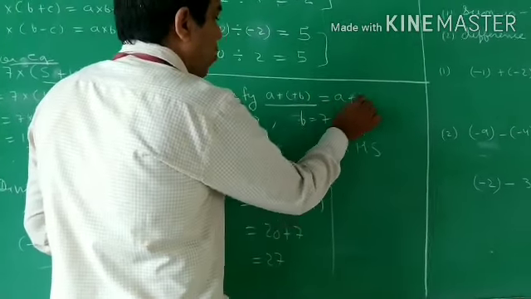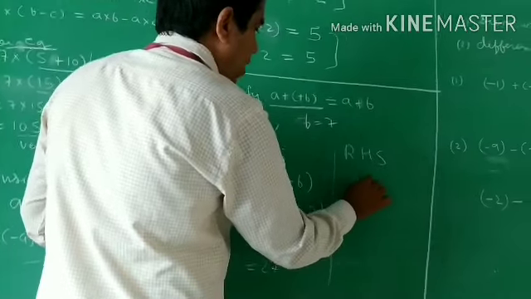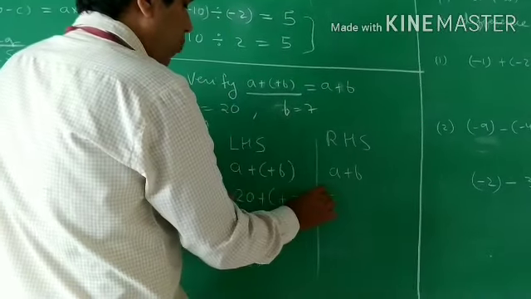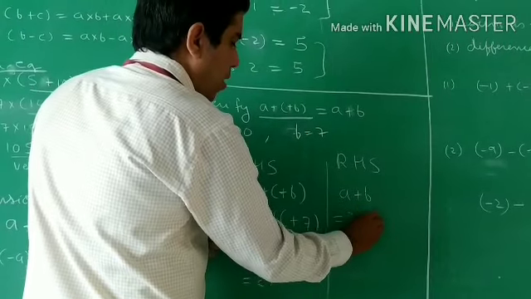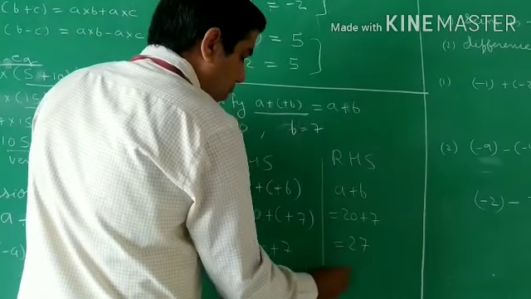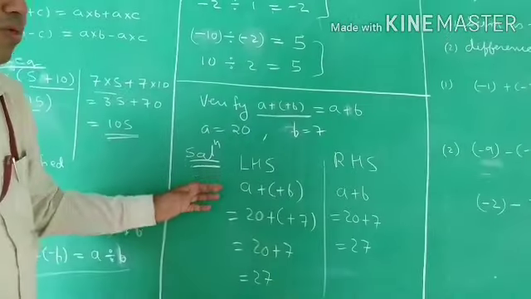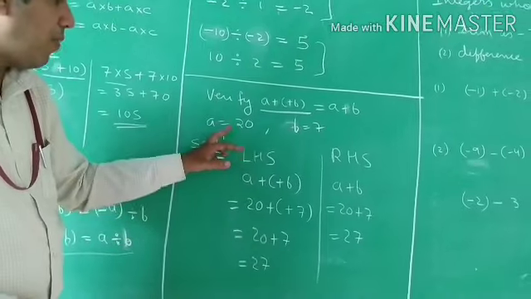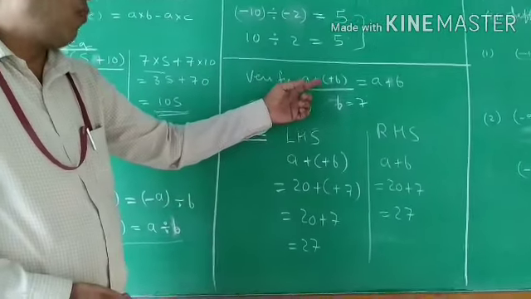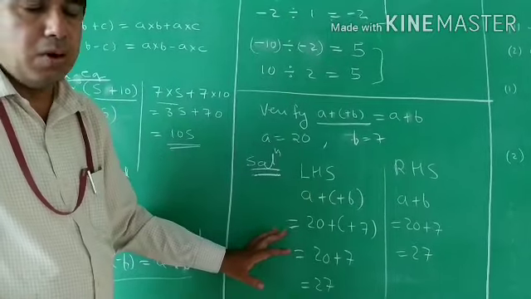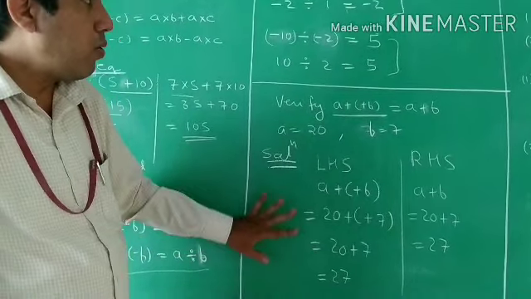RHS, how much here? You can see it is A plus B. So write A plus B and keep the value of A plus B. A plus B is how much here? A is 20 plus 7, 27, and you can see both are coming the same. So like this, some questions are there. We have to do that question properly because sometimes there is a different sign instead of plus, like a positive or minus sign. We have to be very careful. Right, I think this sum is clear to you.